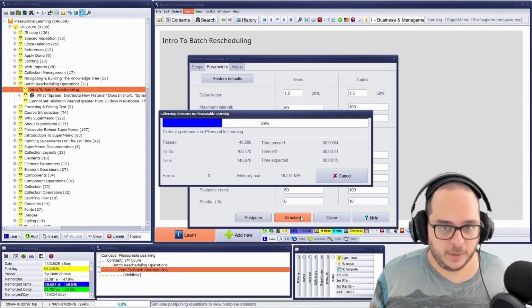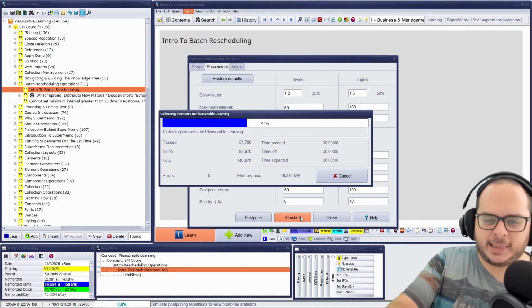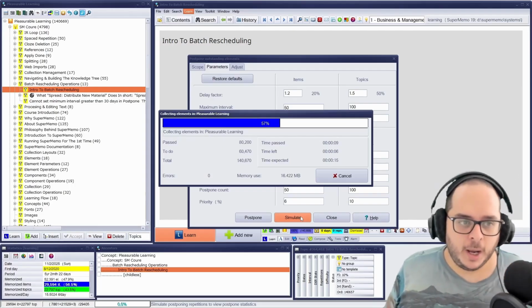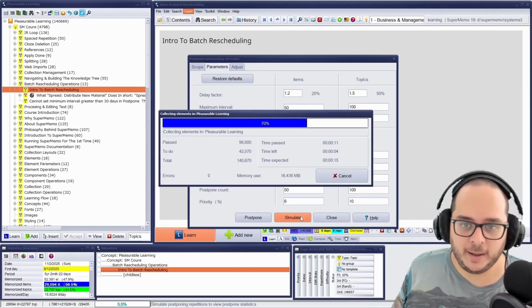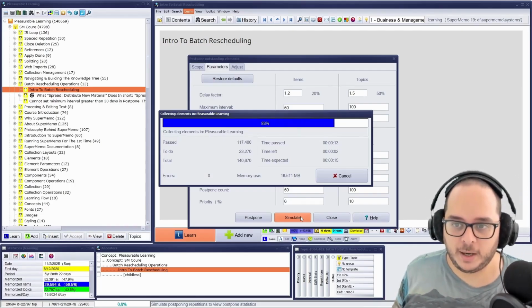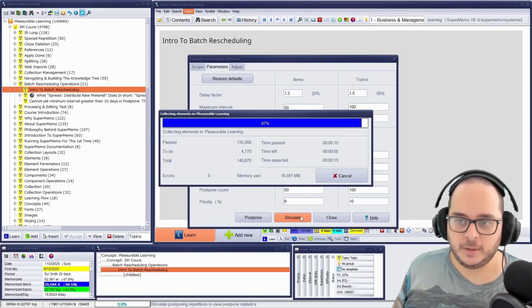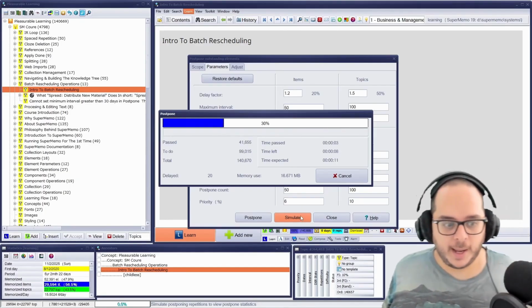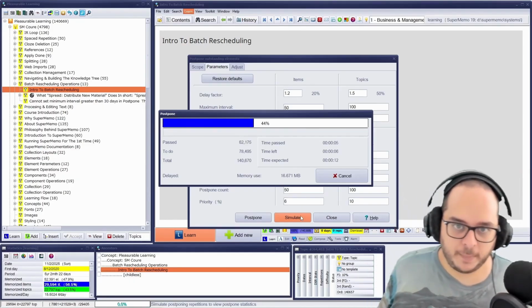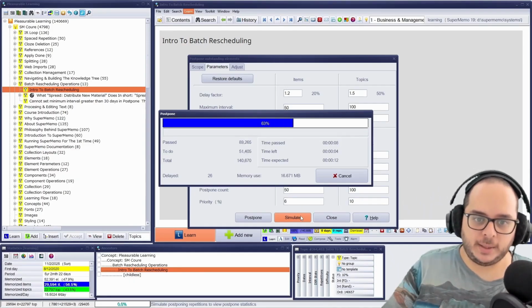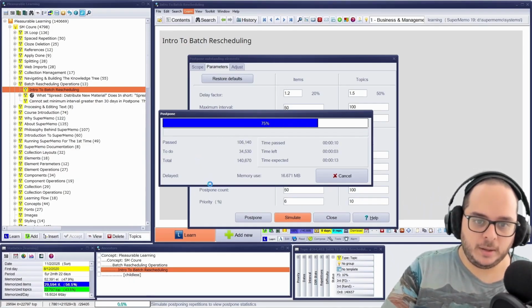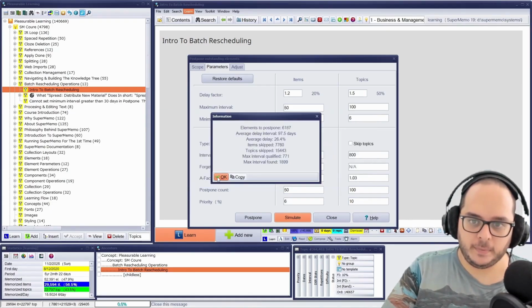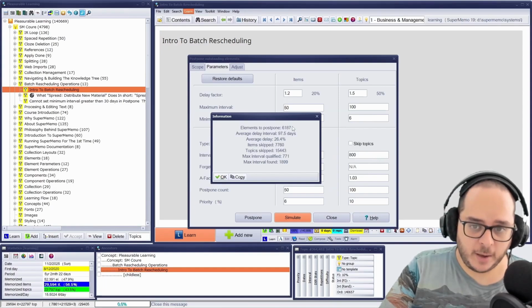Because perhaps I think that is more or less what I want. And then I see that only 50 elements are affected. Pretty useless. If I have 100,000 and only 50 are postponed, look at that. 20, a few thousand. Here you go. That's awesome. 6,000.